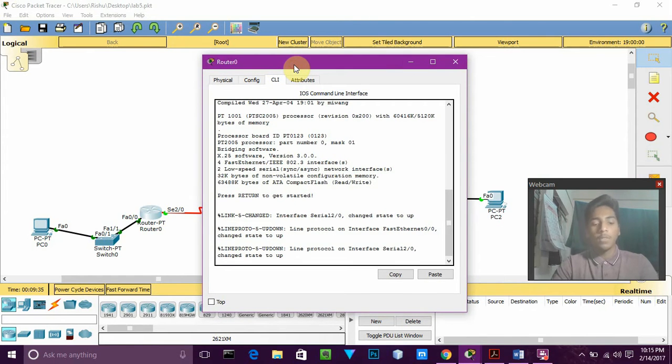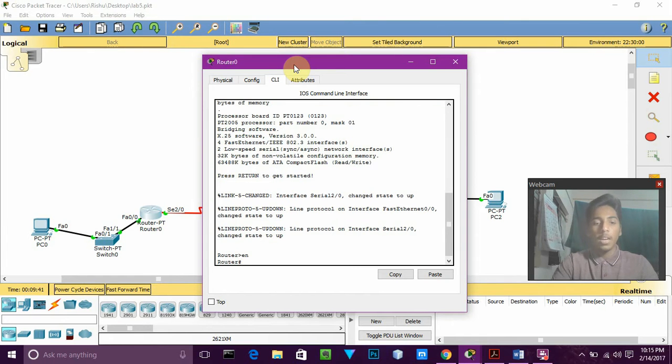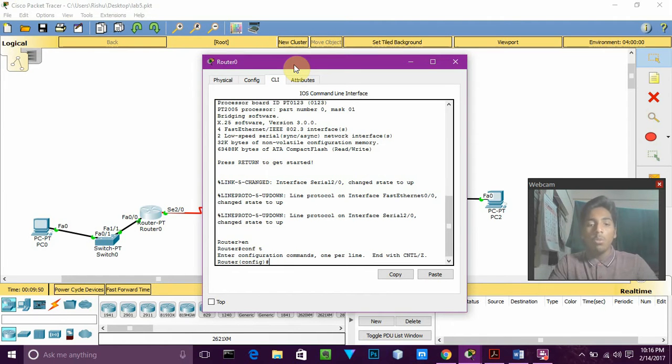So we'll first enable the router by giving the command en, and then we have to configure the router by giving the command conf space t. Now, like in static we just had to give the fa 0/0, but here we have to give the command router RIP,